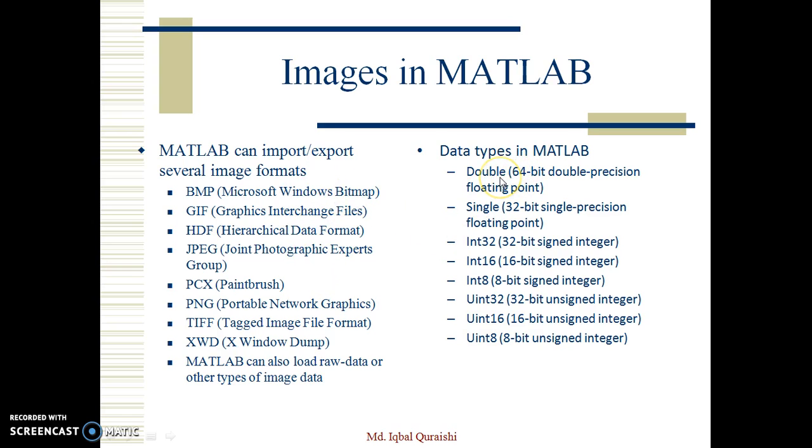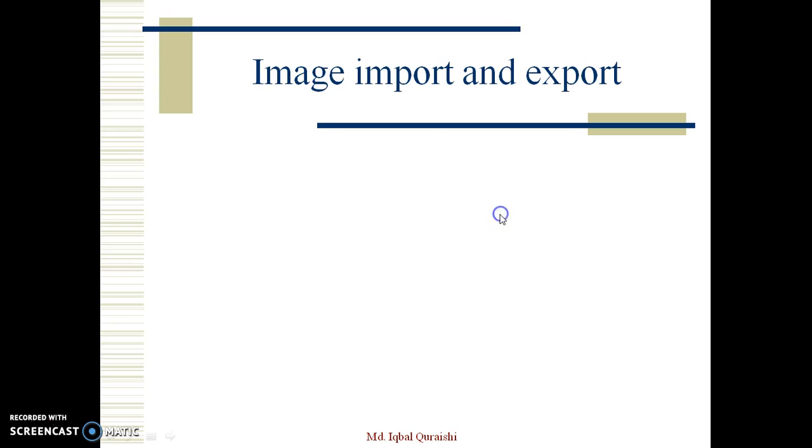Now, when we talk about programming languages like MATLAB, we have various data types. Among them, the most interesting are unsigned integers and signed integers. So we have uint8, uint16, uint32, and int8. This one is a signed integer. You already know what signed and unsigned integers are. In unsigned integers, we don't have any negative values, whereas in signed integers we have both negative as well as positive values. We also have other precision values.